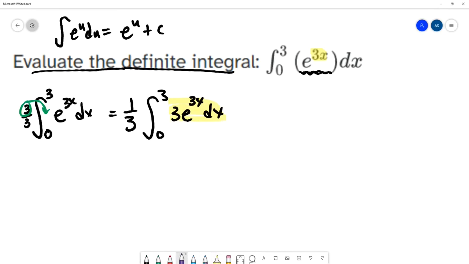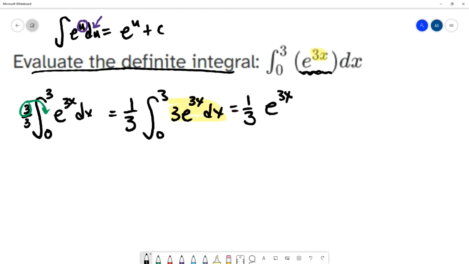The part that I've done where I've put the 3 over 3 and pulled the 3 in is because we have a u in the exponent and we need to have the derivative of that inside the integral before we can apply the rule. Now that we have that, we can apply the rule, and that gives us 1/3